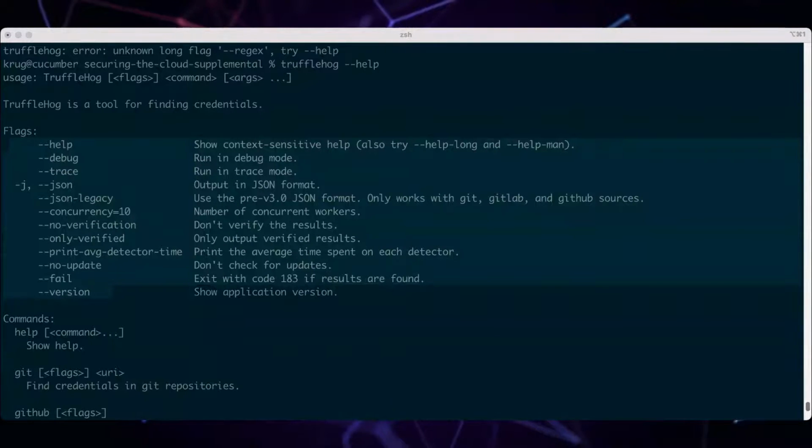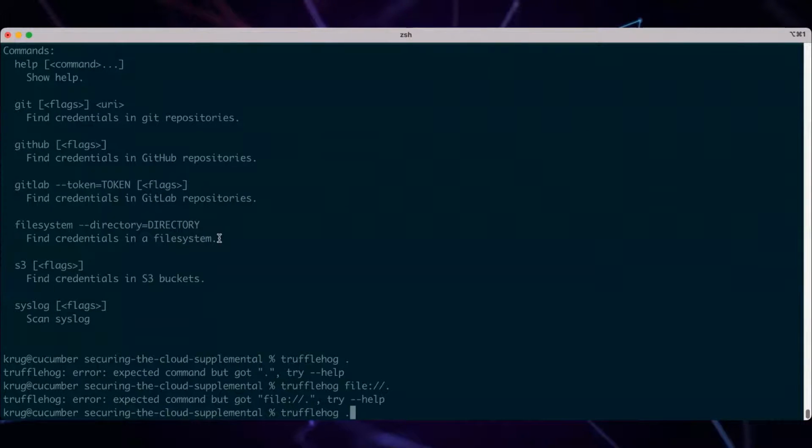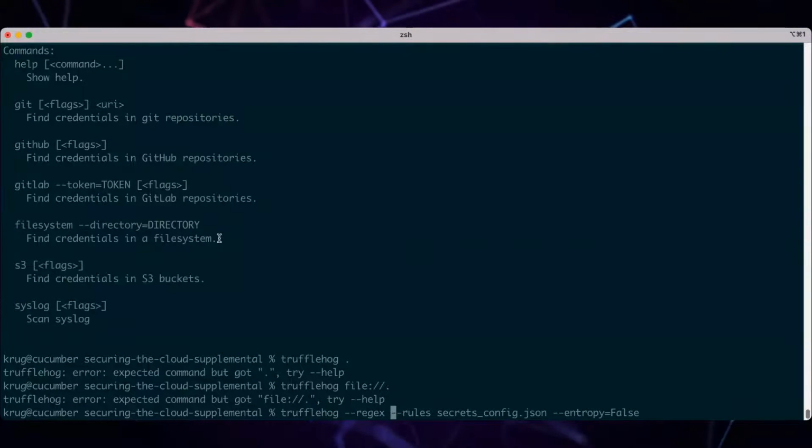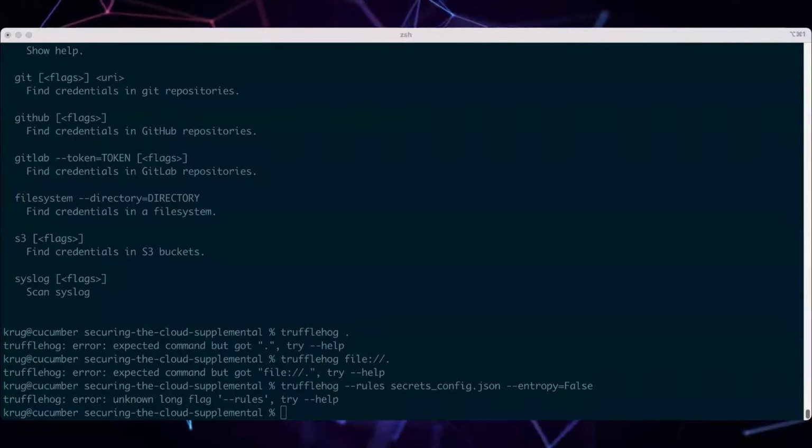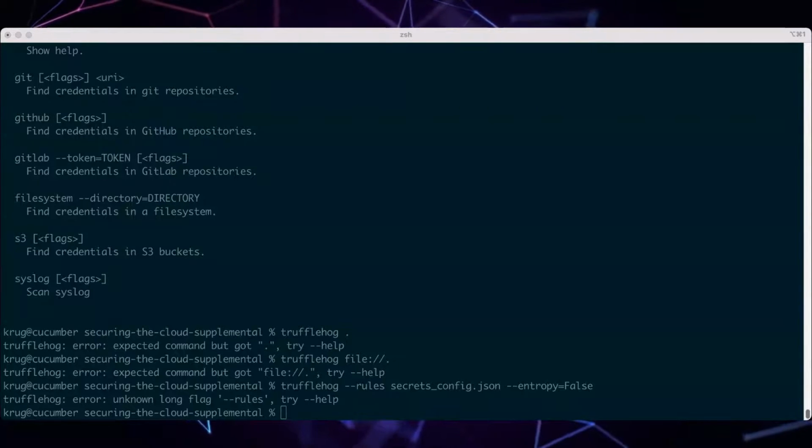So how the heck do we run this with a secrets file? I think maybe we actually just get rid of the regex altogether. We run it with a rules flag, which it claims to still have. Nope, there's no rules flag anymore either.